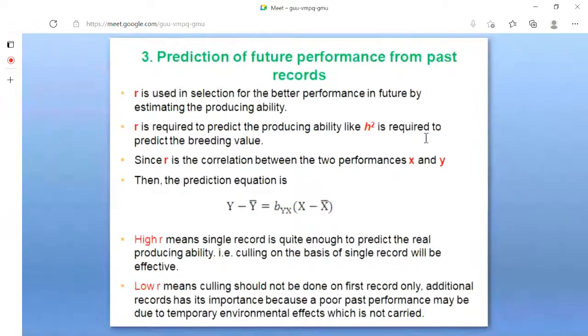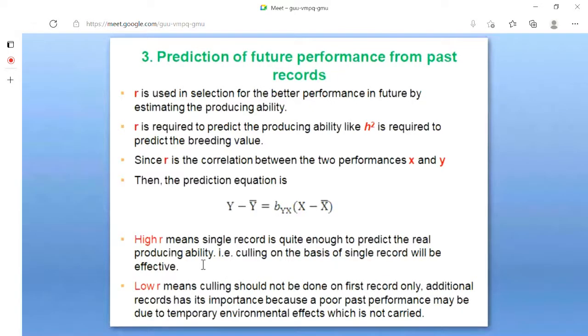Since R is the correlation between two performances, X and Y. Repeatability is the correlation between the two performances. So X and Y mean the first farrowing and second farrowing. Then the prediction equation we can draw like this. This formula you can see here. A high R means